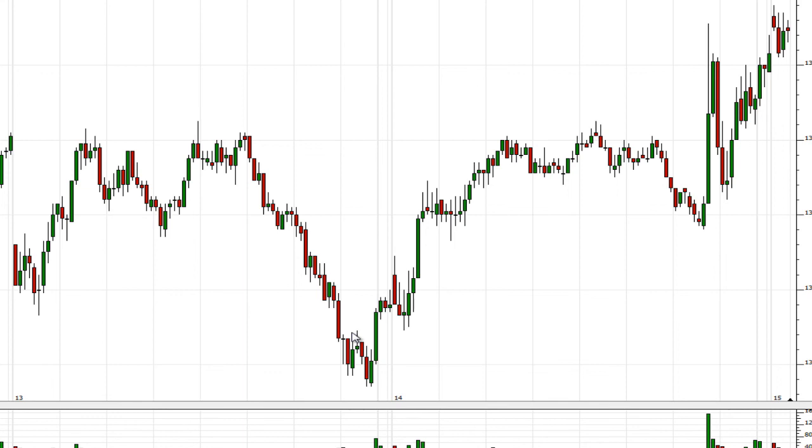Or is it just not going to do anything all day long and stay within the first hour range? That's what you have to be thinking. It's not so much about the labels. The labels just allow you to understand and remember these things better. But it's more about what's happening beneath the surface. That's what I want you to focus on.